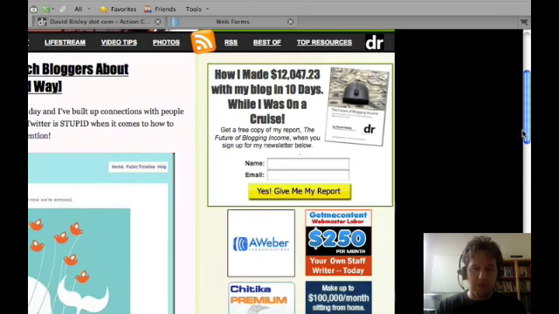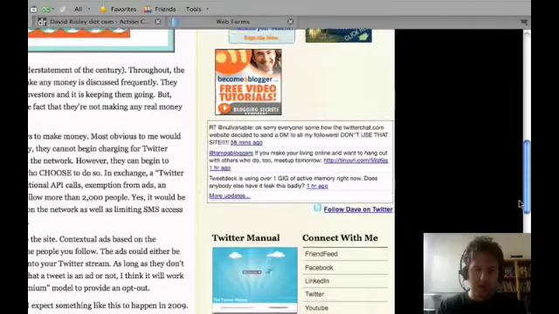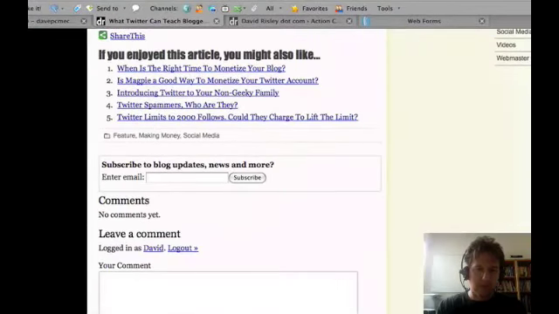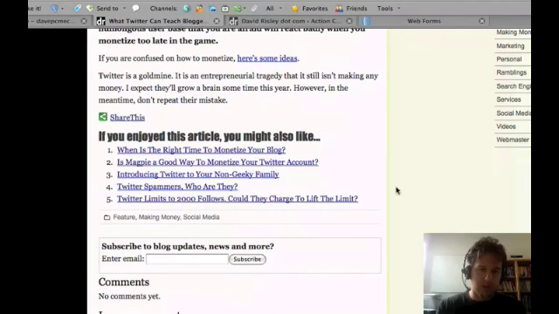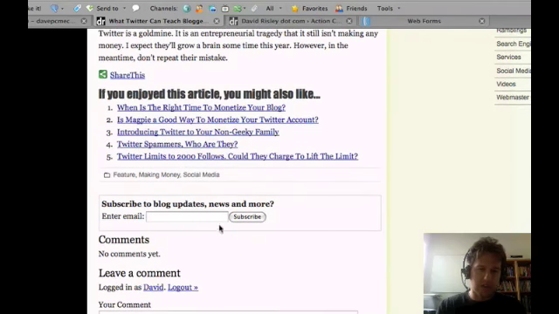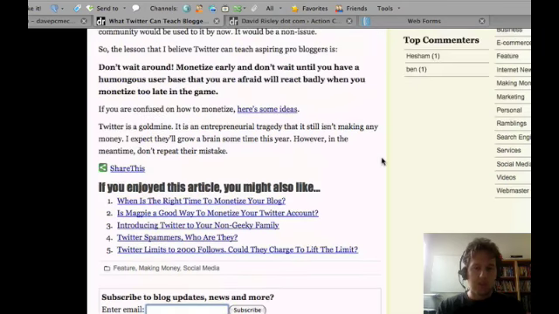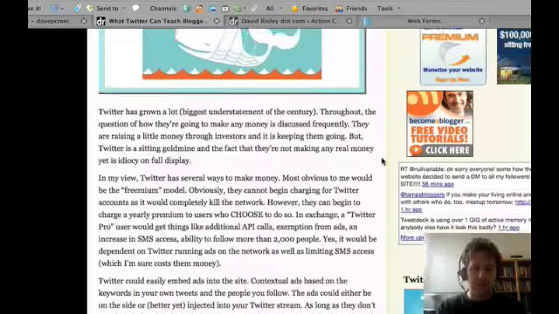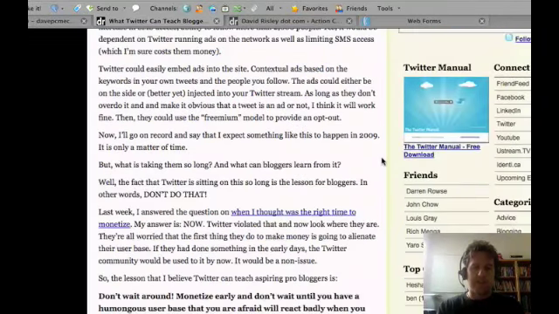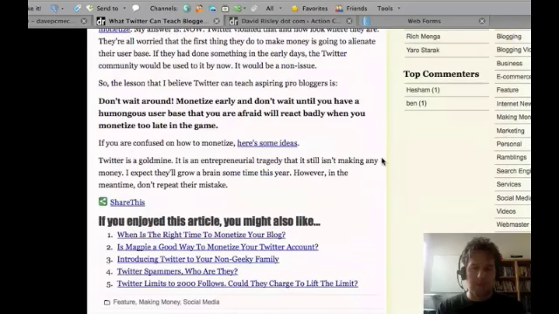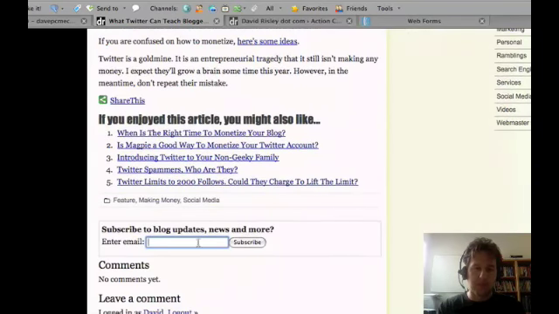Now, if we go down further, again, this is one of my posts. But you'll notice that right underneath the post, underneath the related articles, is another opt-in form. Subscribe to blog updates, news, and more. They enter their email address and hit subscribe. And again, it's another place. So the idea here is that they've read this content. Hopefully they like it, and if they find that my blog is now valuable to them,